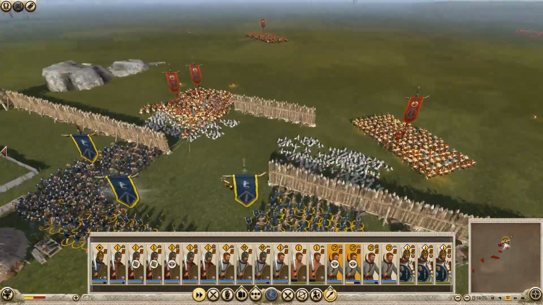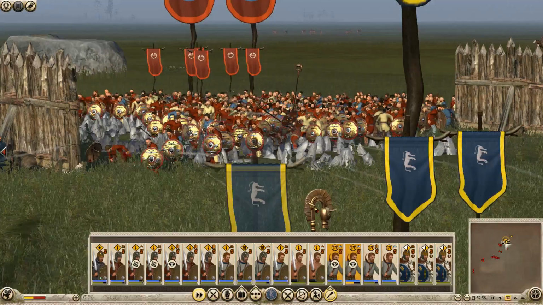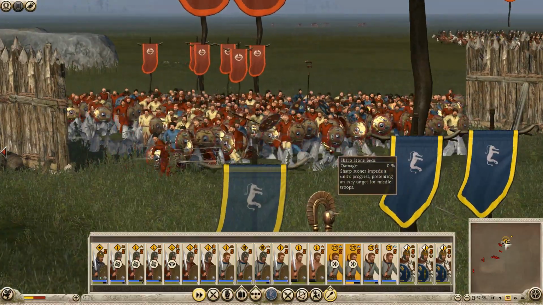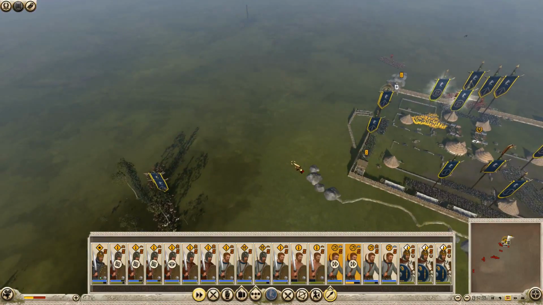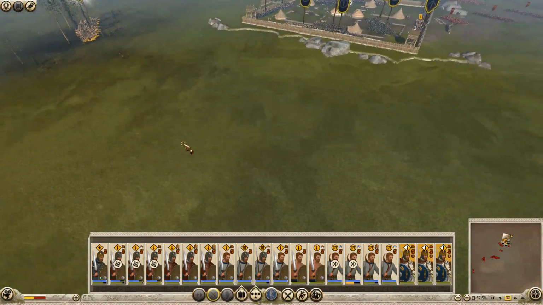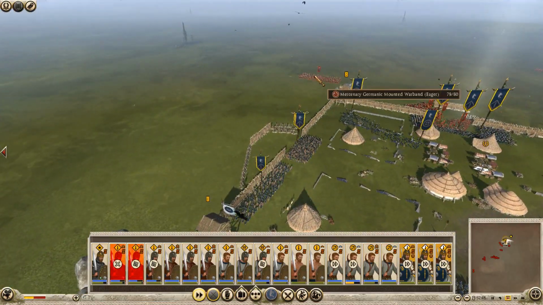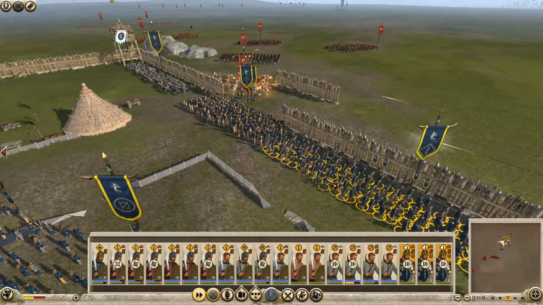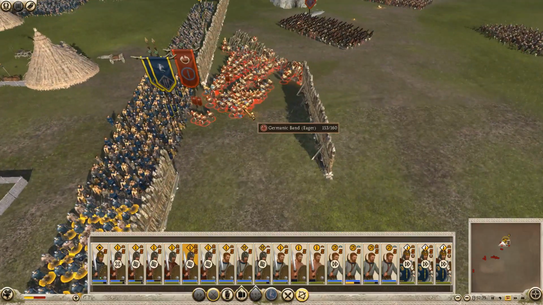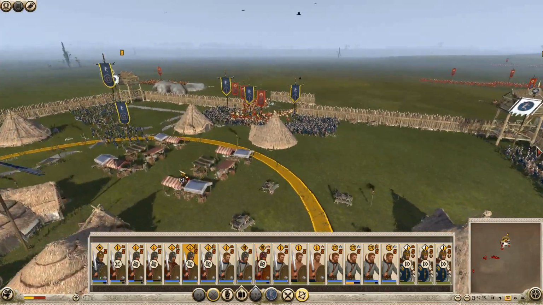We actually should be able to use our Pila as well, which is going to be to our advantage because they are really tied up on the stones. Oh crap, they've seen my cavalry over here, so let's pull them back. I know I could easily beat this mercenary Germanic warband, but there's just no need right now. I was kind of hoping they would bring some of their cavalry over here, but...